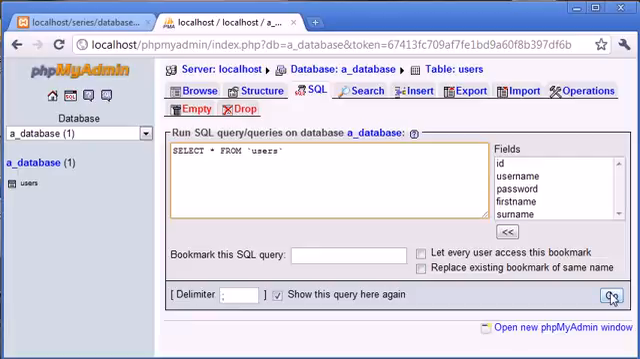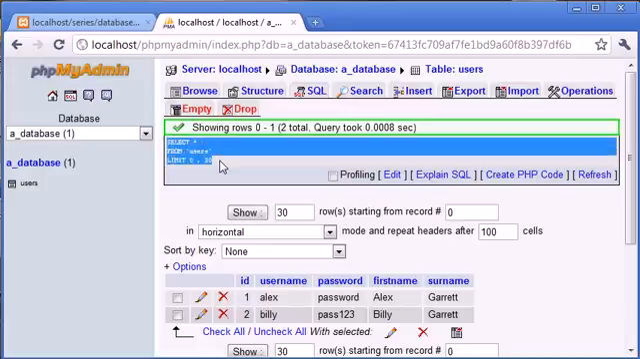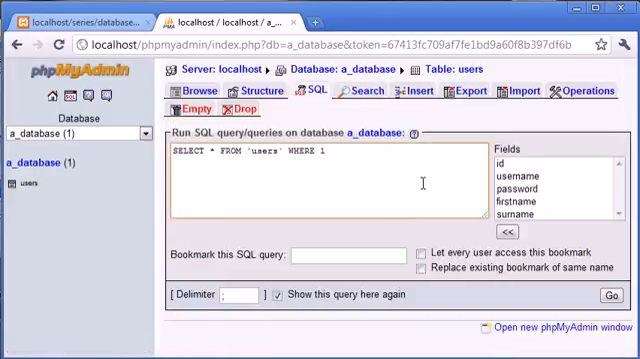So now I'm going to click go, and you can see that this has shown rows 0 to 1, 2 total. The query took a number of seconds, and it's shown our query here with this limit on the end, which I'll explain soon. But we've retrieved exactly the same data as if we were to click browse. So this SQL query for us at the moment is useless inside PHP, but when we're working within PHP, we might want